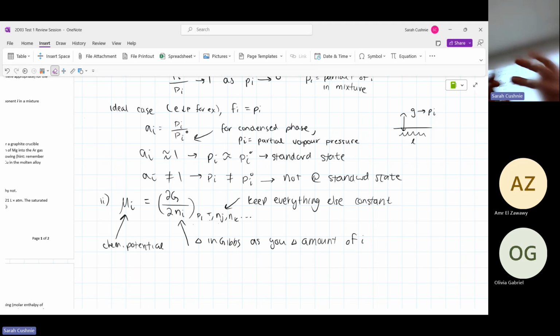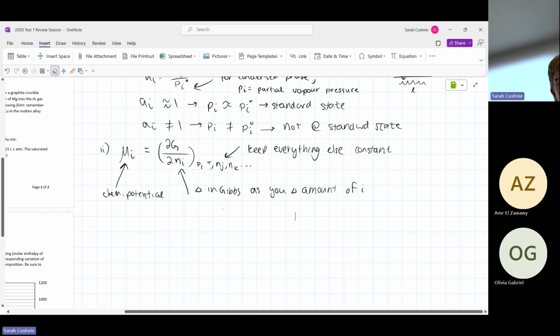It'd just be changing the amount of moles in the system. Then you would not change the molar fraction. So you wouldn't change Xi, no change there, but G would increase by mu i. So that's kind of another way of thinking about it: this is the change in Gibbs free energy if we just add one more mole. I'm going to erase that because that actually makes no sense written down. Any questions about that?